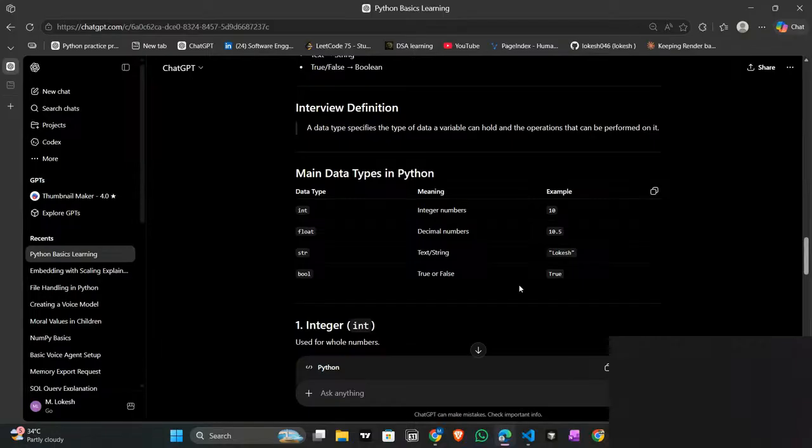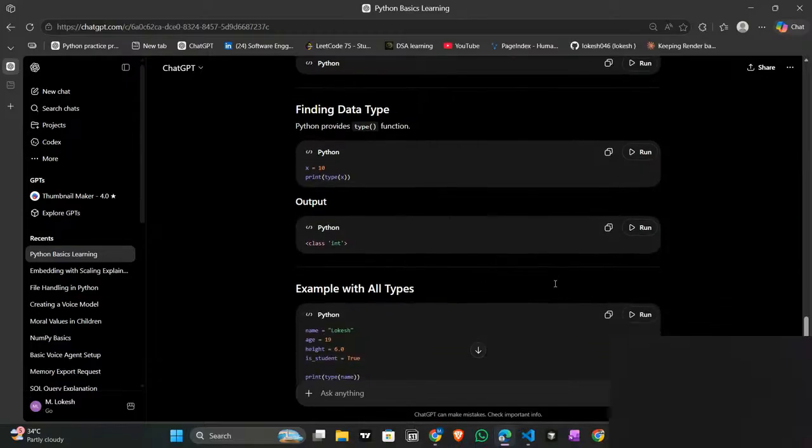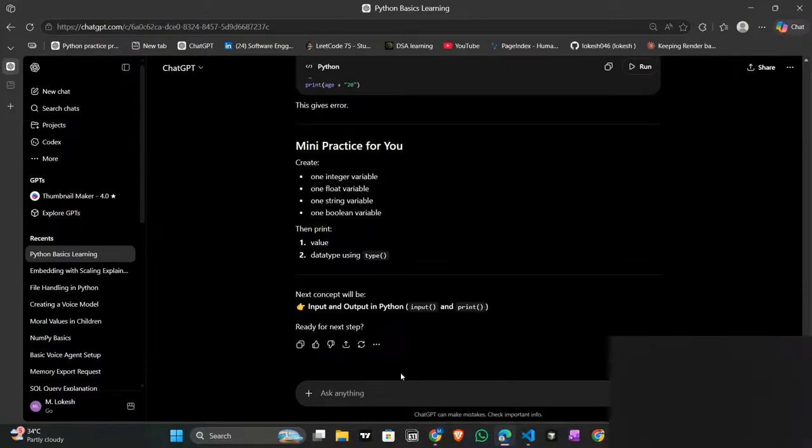Boolean is basically true or false. If you all have an idea of it, let's move on to the next topic, input and output.